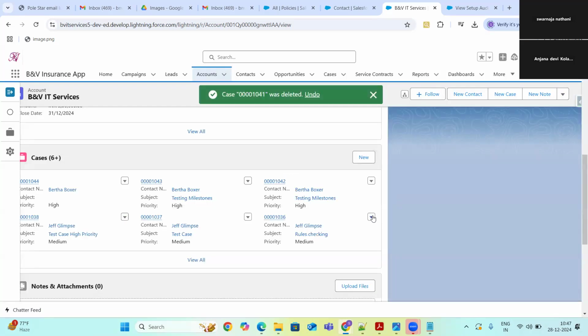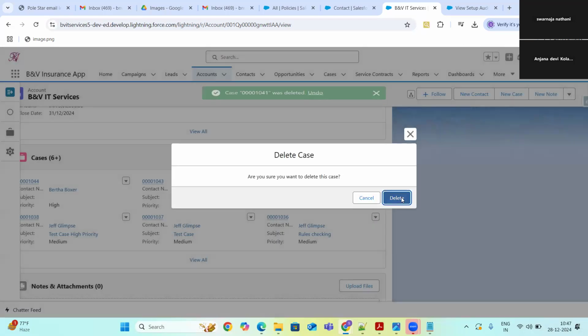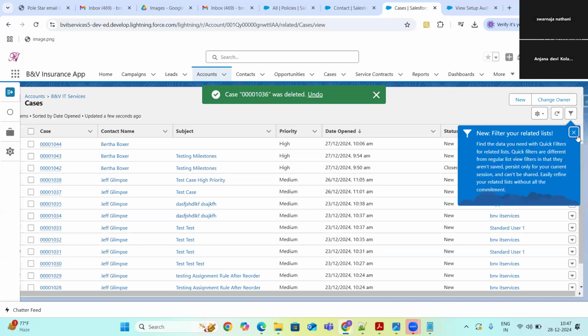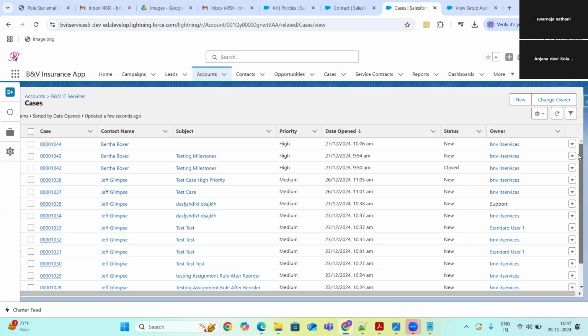Delete this case. Delete this case. It seems it has so many cases. Oh God, we created so many cases as part of this one. Let's select all and try to delete.